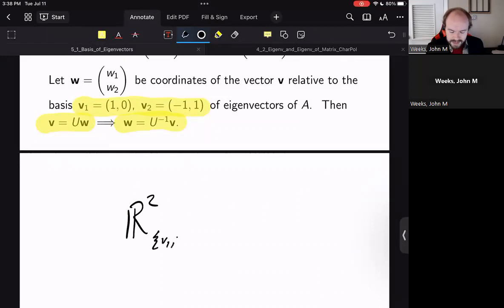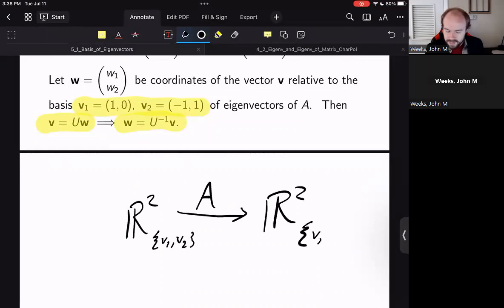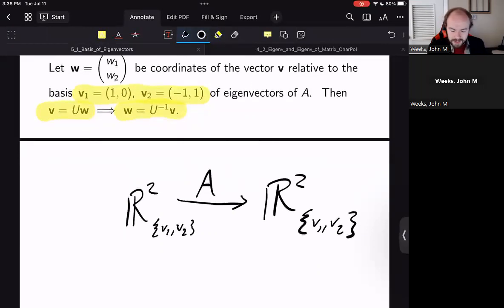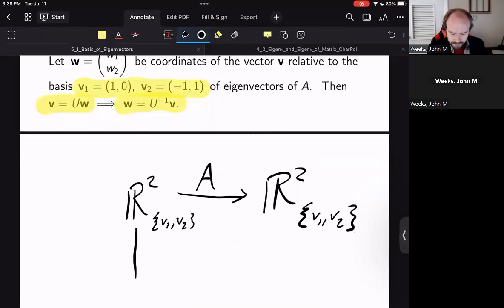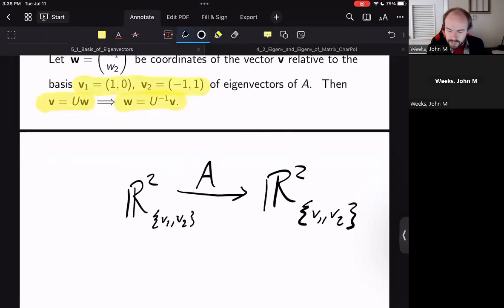So V1 and V2 is what I'm looking at, and then here is our matrix operator A that we're writing with, R2, now written in terms of V1 and V2 again. But we are going to apply an operator, which is going to be U,